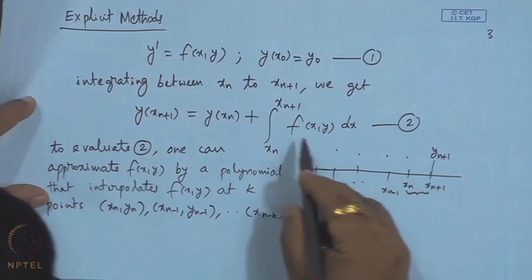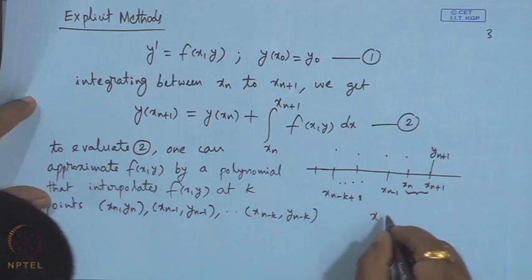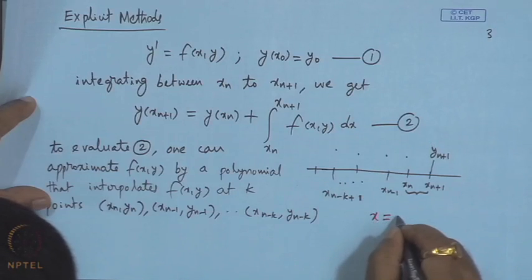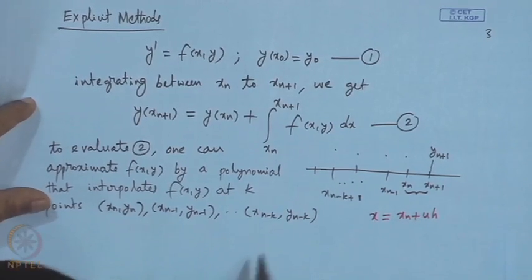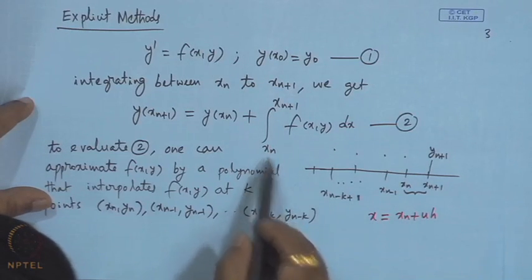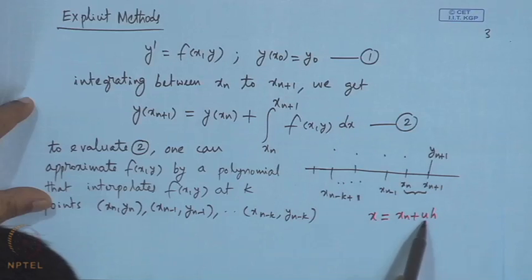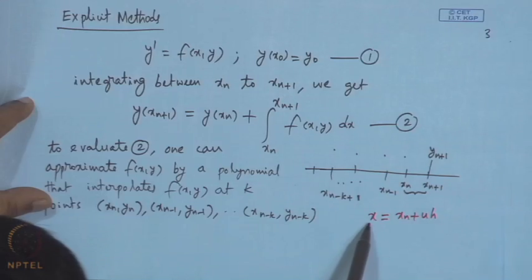Our transformation was x equals x n plus u h. Therefore, when x is x n, u is varying from 0, and when x is x n plus 1, so this will be